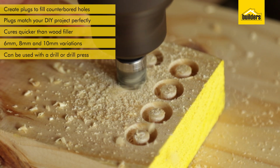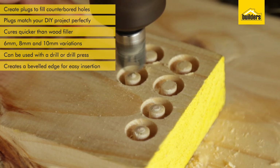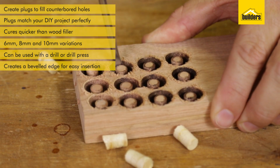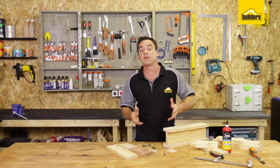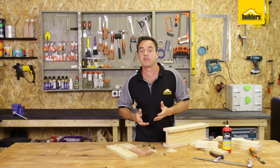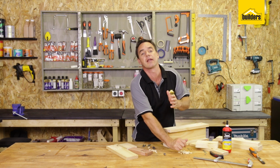Ensure the cutter goes to the correct depth to create the bevel on the top edge for easy insertion of the plug. Using the screwdriver, lever off each plug to break off at the base. As you can see, I work on the same material all the time, so when I am cutting myself some plugs, I actually make a whole load of excess, which I keep aside to use at a later stage